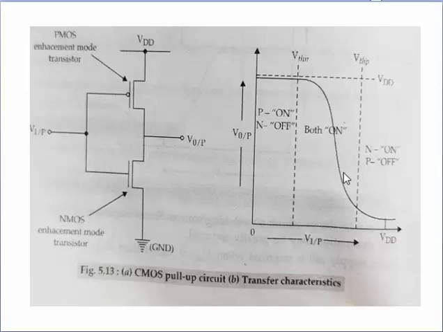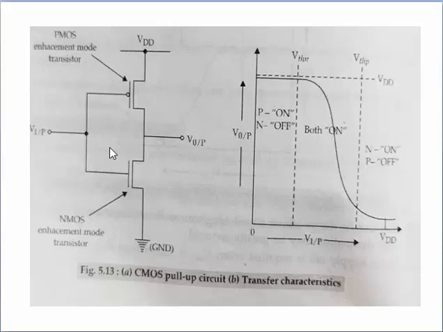Next is the fourth region. This region is similar to region 2, but the PMOS and NMOS transistors work in reverse. The current magnitudes in region 4 and region 2 are small, and most energy is consumed due to switching from one state to another, and also due to the large current flow in region 3. And the last region is region 5. In this, the NMOS transistor is in an on state and the PMOS transistor is in an off state, so no current flows from VDD to ground, and logic 0 appears at the output.